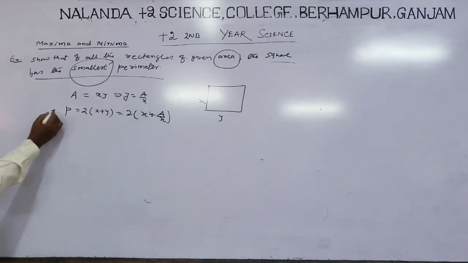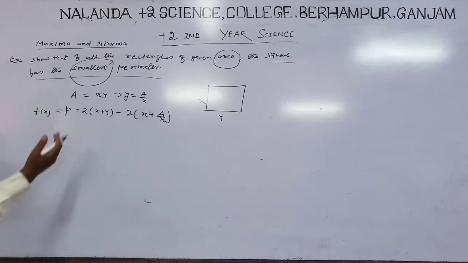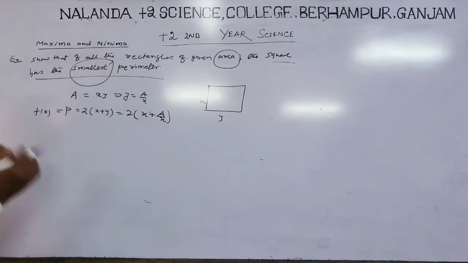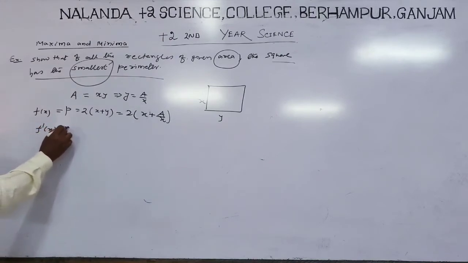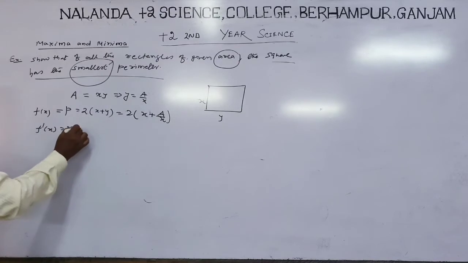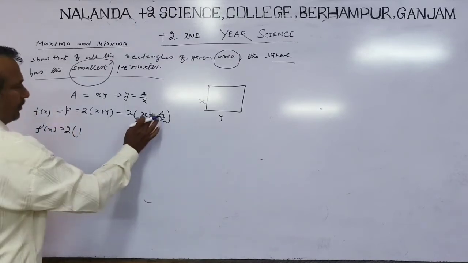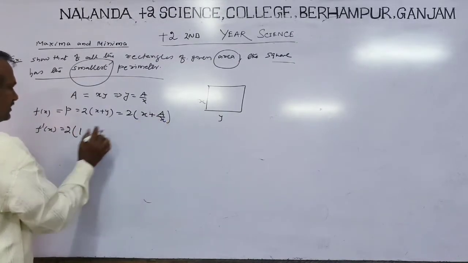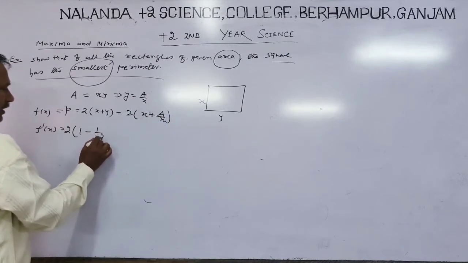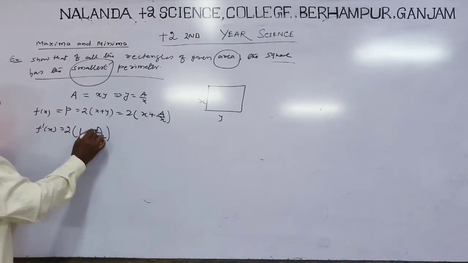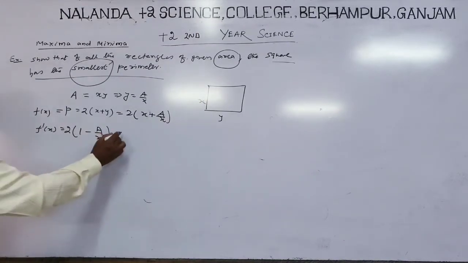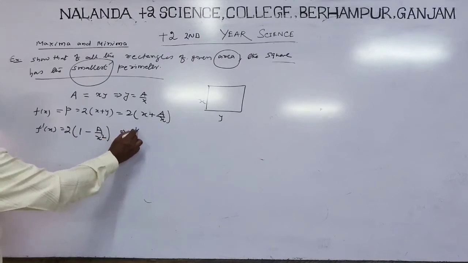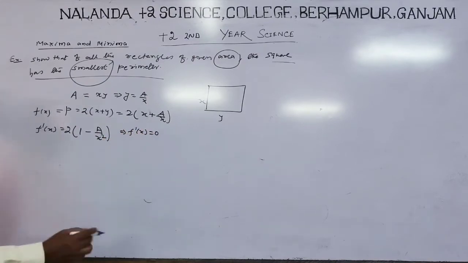All this is there. This is f of x, because this function is maximum or minimum; smallest means minimum. Okay. Now what is f dash x? Find out. The derivative of x equals 1. The derivative of a is zero, a constant. The derivative of 1 by x equals minus 1 by x square, so a by x square. Okay. And when f dash x equals 0, what is x? Find out.